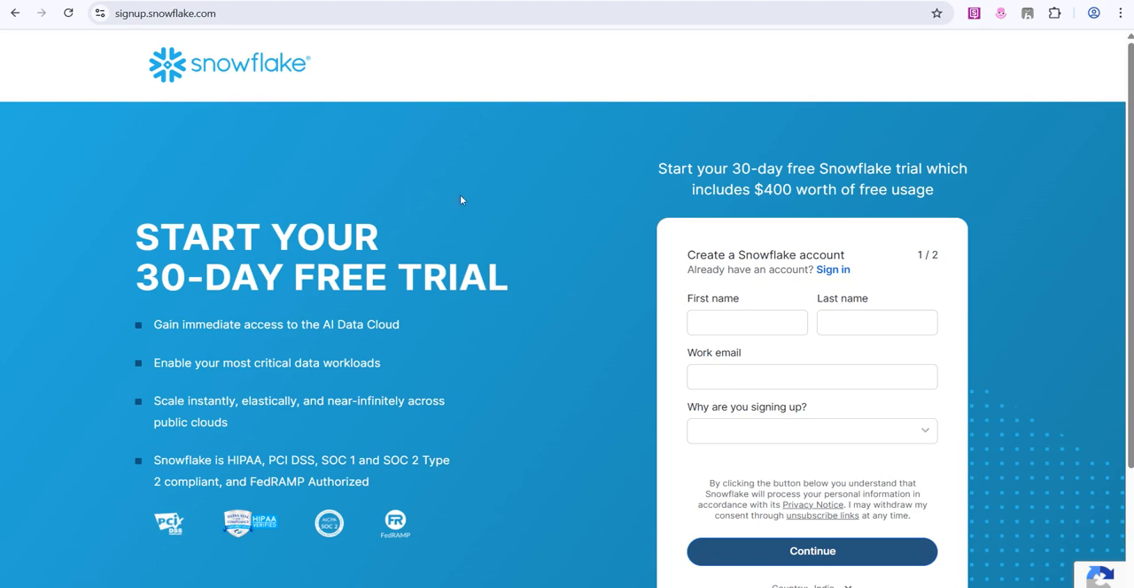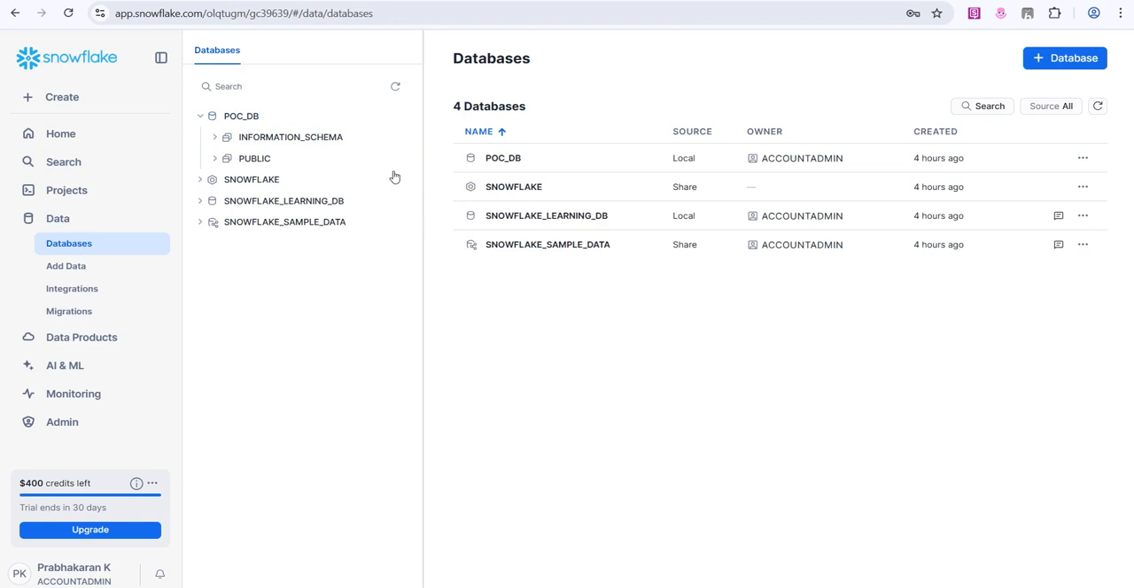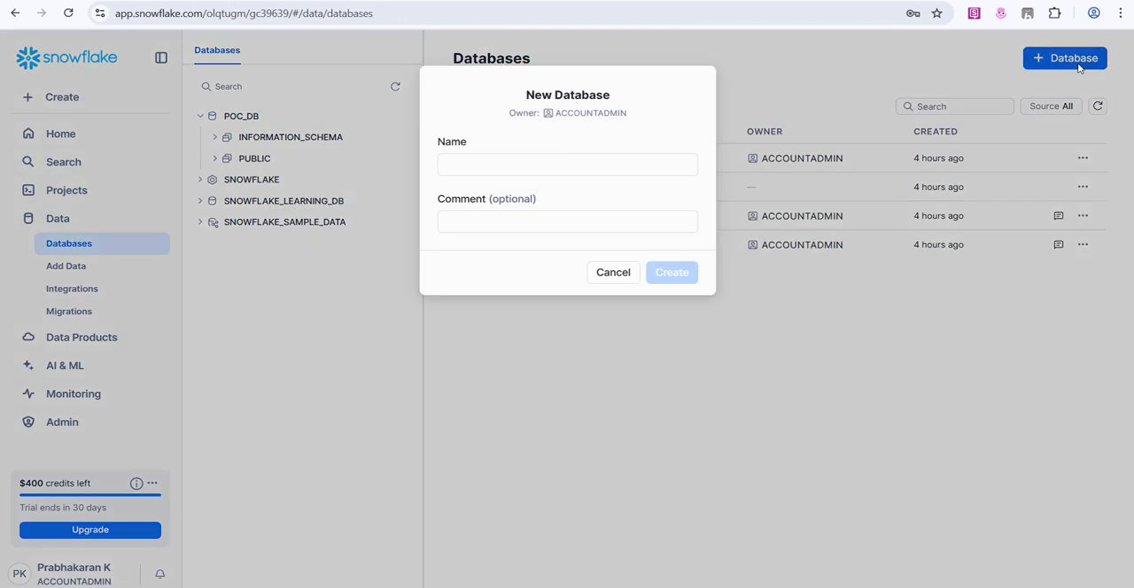First I'm going to create a Snowflake free account using these credentials, and you can create your Snowflake free account. Once you have created it, you will see the Snowflake window like this once you have logged in, and then you have to authenticate. Now I am going to create a database called POC Databricks